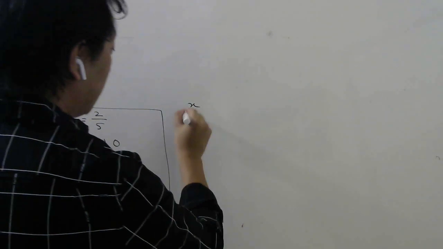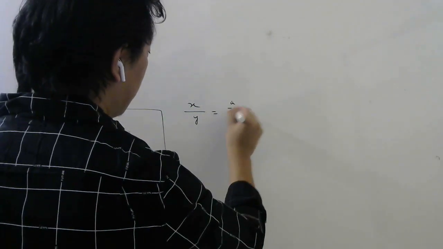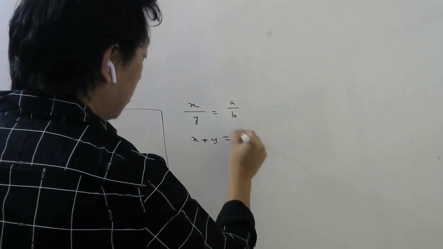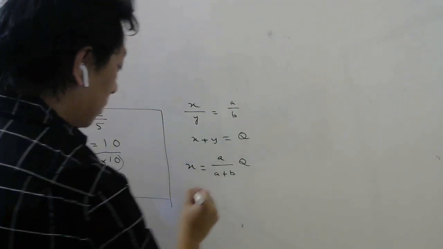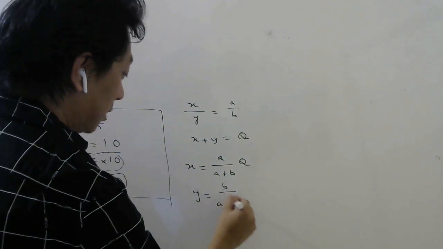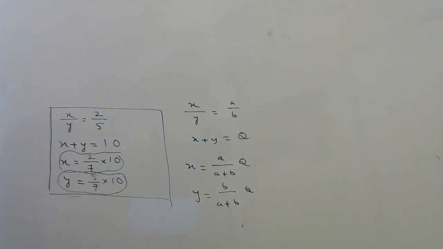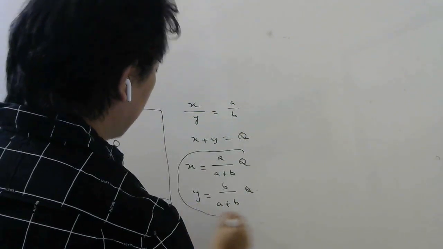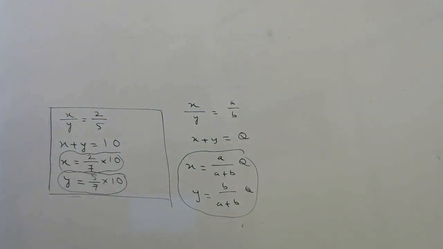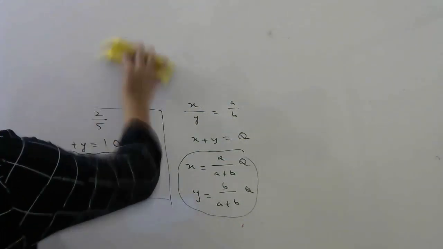For example, in simple terms, suppose x by y is a by b, and x plus y is q. It will be x equals a by a plus b into q, and y will be b by a plus b into q. Okay, so this is something very important, very simple, but I want you to reach here faster, okay, without taking too much time. You can solve and check if I have done anything wrong, but believe me, it is correct. Okay, so now the next question is, what I want to do now, all these are entrance problems. Okay, I hope you have understood already.